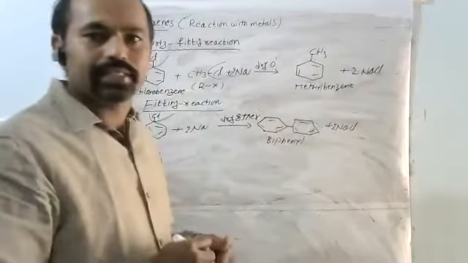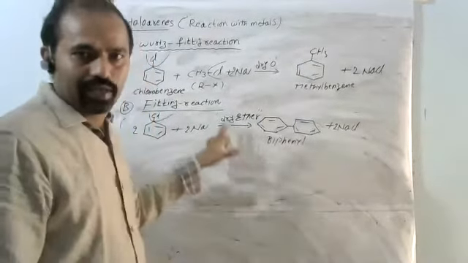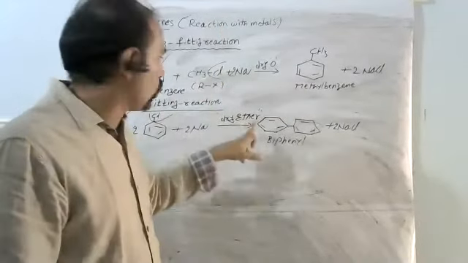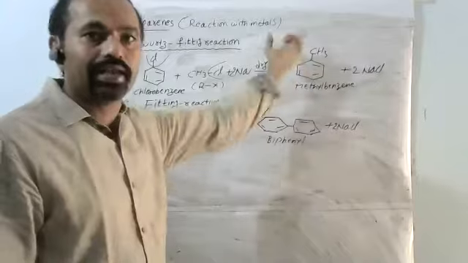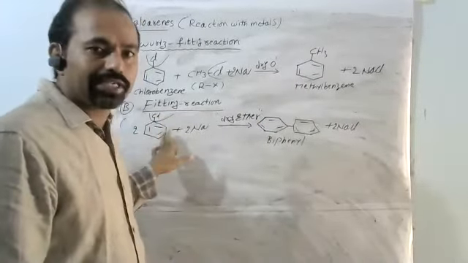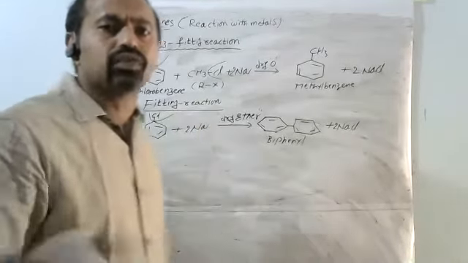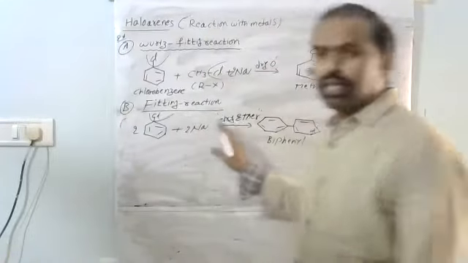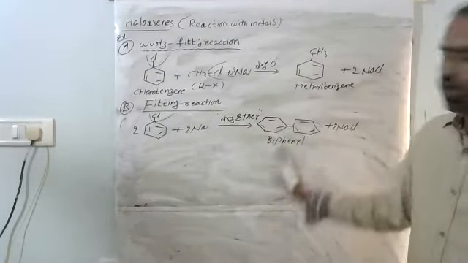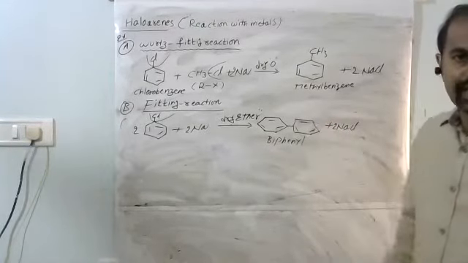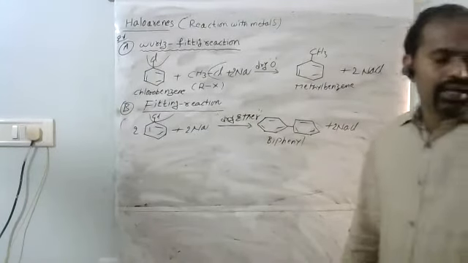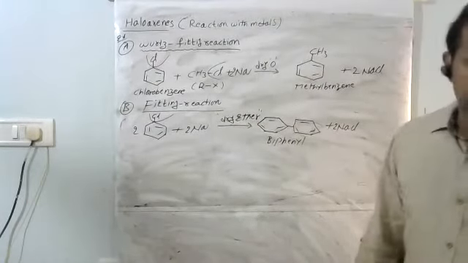So it is similar to the Wurtz reaction. The Wurtz reaction means alkyl halides react directly with the active metal sodium in the presence of dry ether, and we get alkanes, R-R combined. The Fittig reaction means haloarenes react with sodium metal in the presence of dry ether, and we get biphenyls, along with NaCl as a byproduct. That is called the Fittig reaction. These are the main reactions with metals.